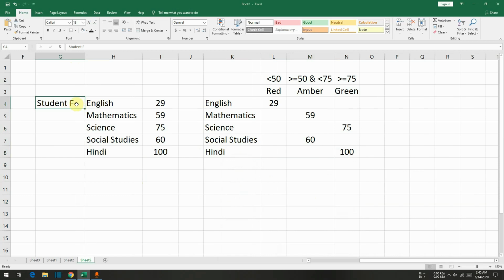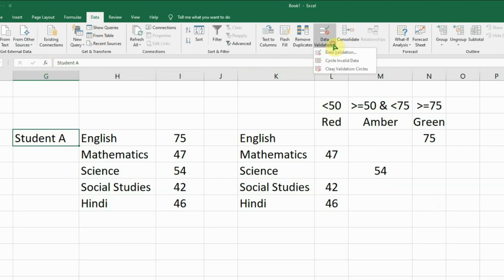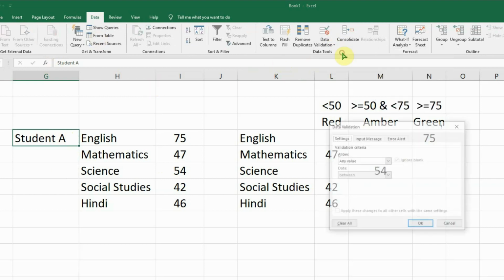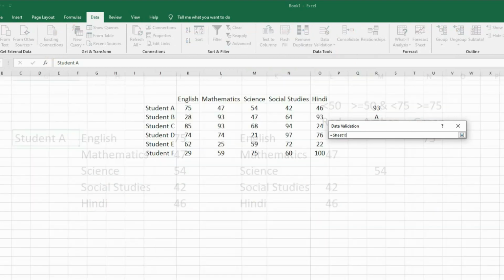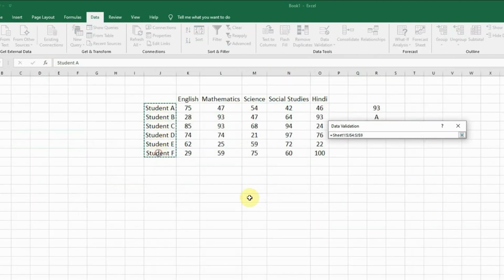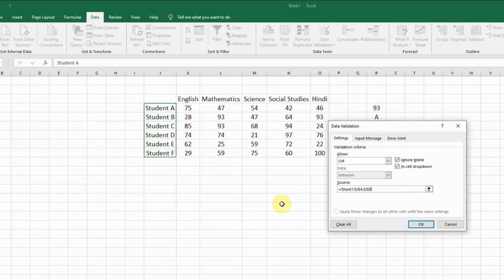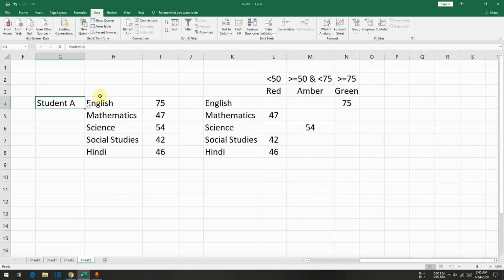because I do not want to type again and again student A, like here student A. See, the numbers are changing. Similarly, the numbers are changing here. So to apply the drop down for all the students, I will select this cell, click on Data Validation. Here I will select List, click on this arrow, and select all these students' names. Press enter again. So you can see I have the drop down here,